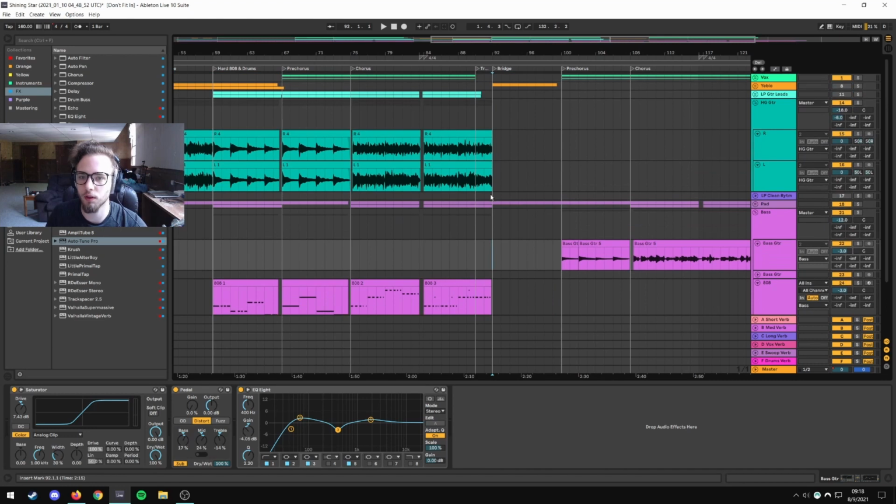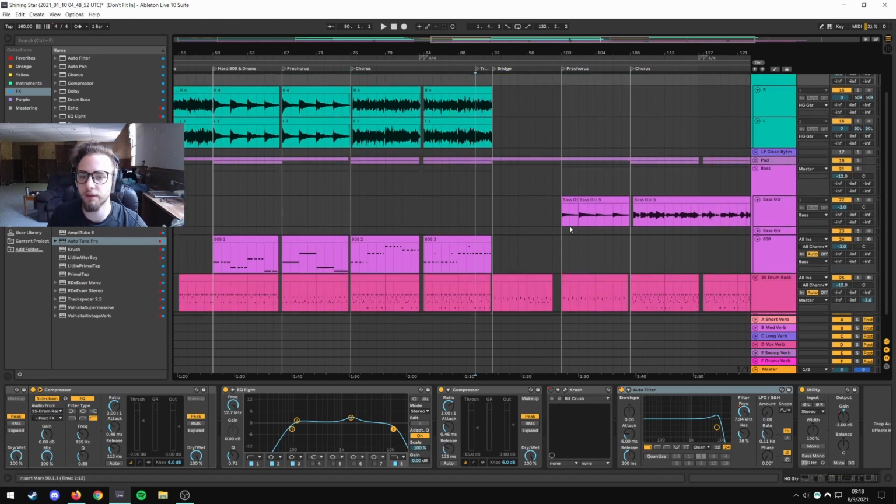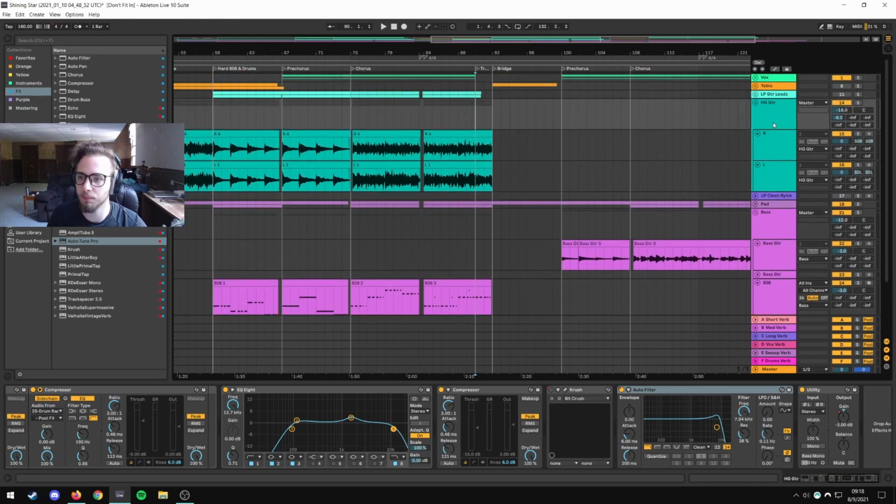And honestly, this bridge section is my favorite part of the song. I'm gonna leave the bridge off again, but it's so minimalist in the production, but it's such a cool section, I think. I don't know why exactly, but